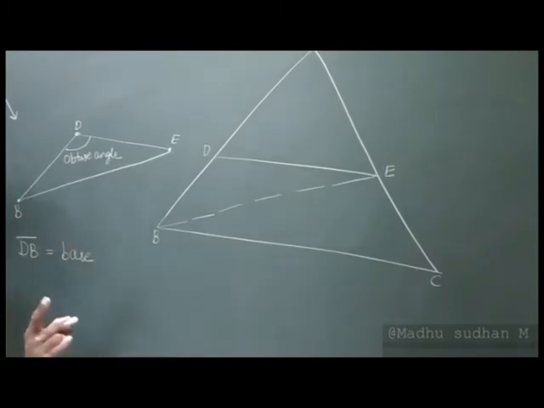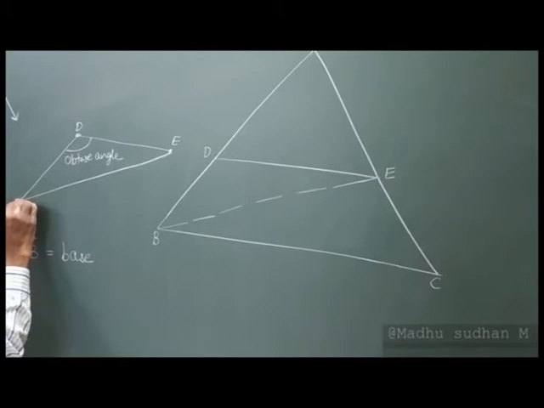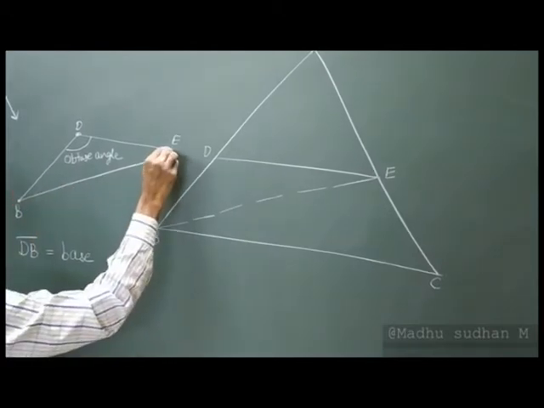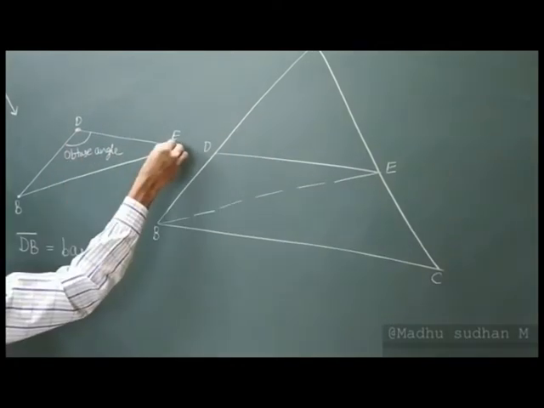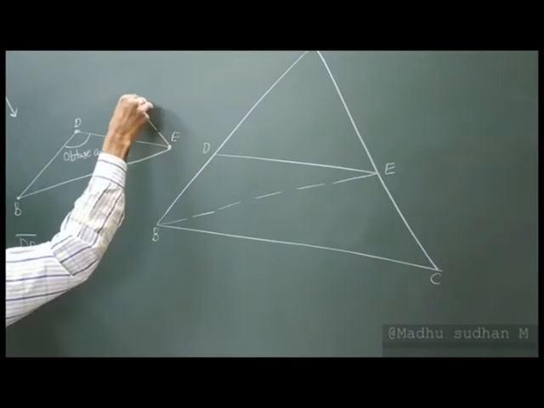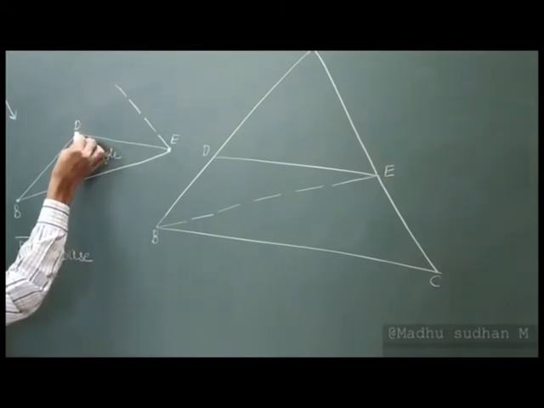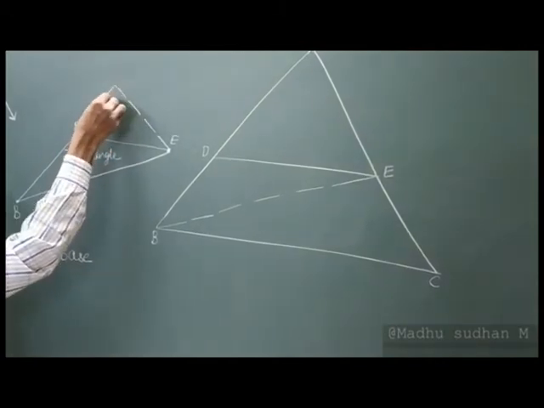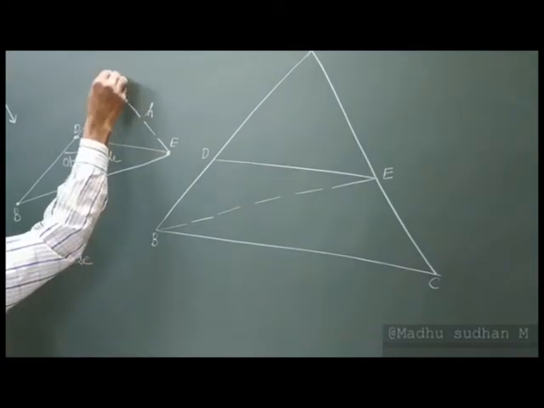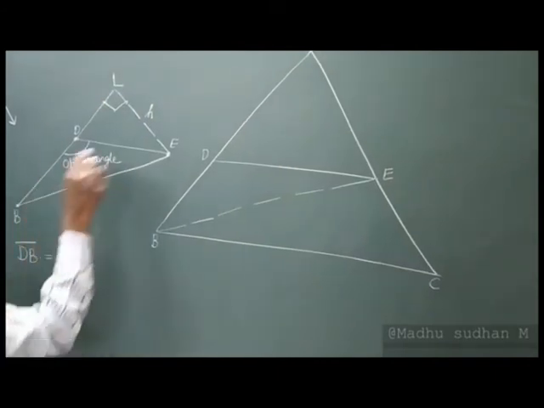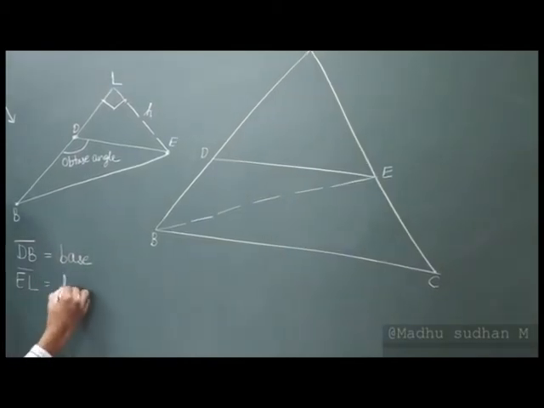The proof is a very easy part, please provide attention here. So DB is the base, follow it. So now which is the height here? The height from the top vertex, right? So this is an obtuse angle, so this perpendicular shall be like this. Follow it, this perpendicular. And now if I join this, this is the perpendicular height. And E to L, followed children. So EL, let me write EL, which is equal to height.